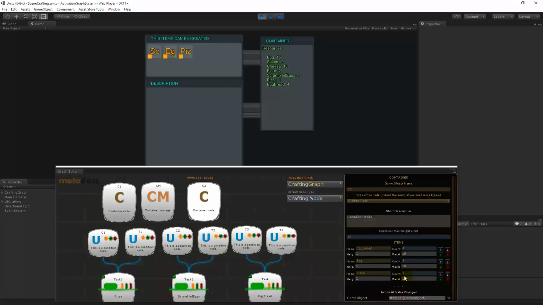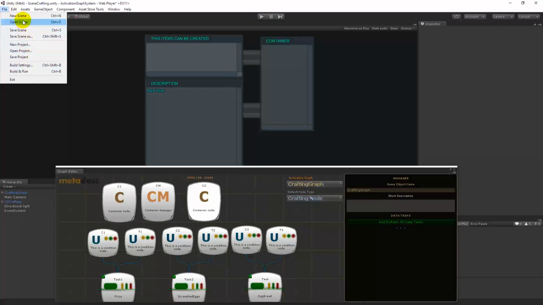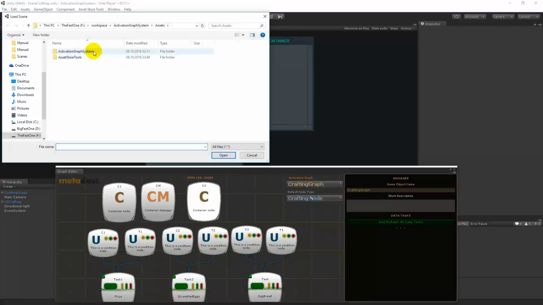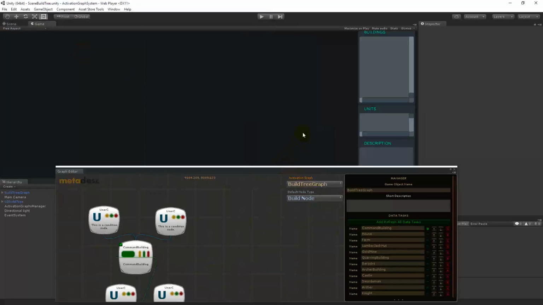So yes, there's nothing more to this example, and then we go on to the next one. This is the build tree. It is a bit more complex, but